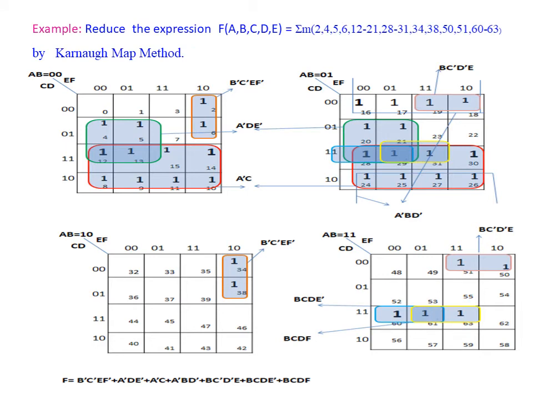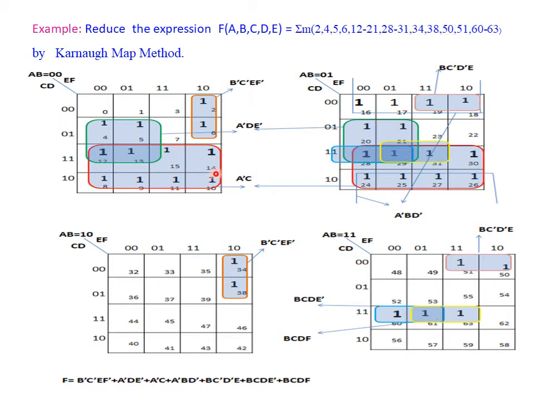For this example, first we place ones in the corresponding cells. Now in this example, all four cells don't have any common grouping of cells. So we check map by map. First we compare these two maps and see the adjacencies. These two orange cells are common between these two K maps. So we take the adjacency between these two cells. The common term is B bar. So we write B bar, C bar, E, F bar.